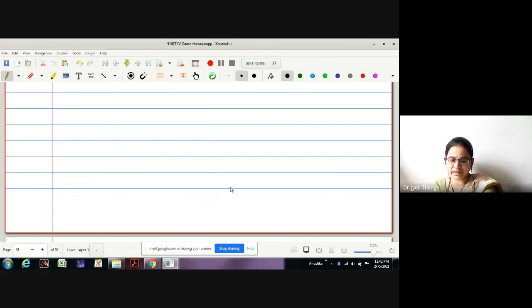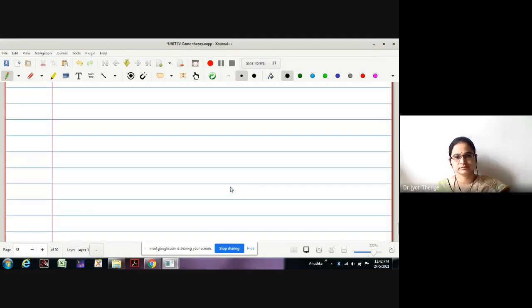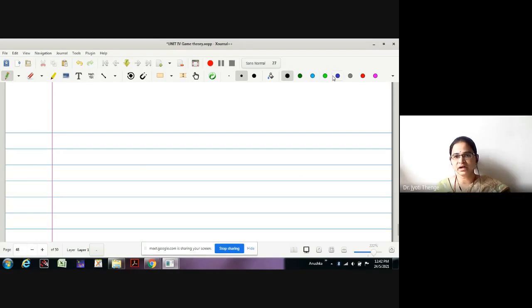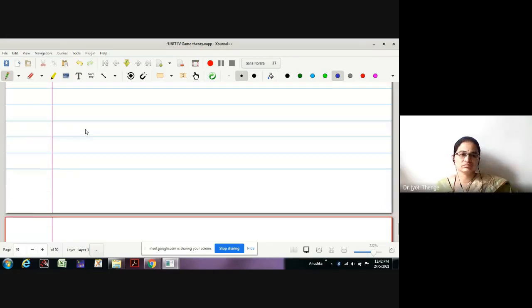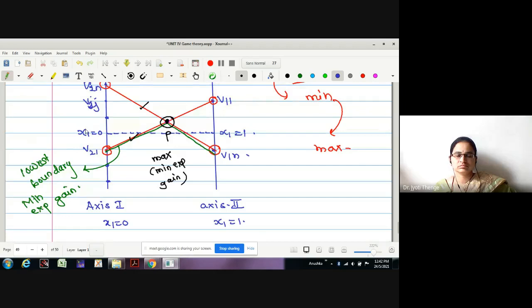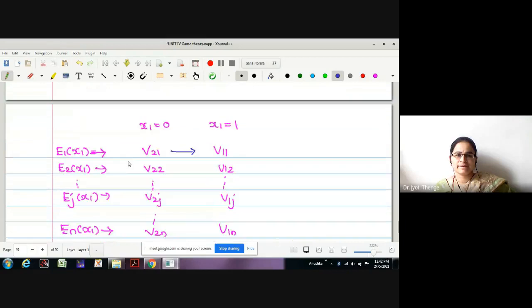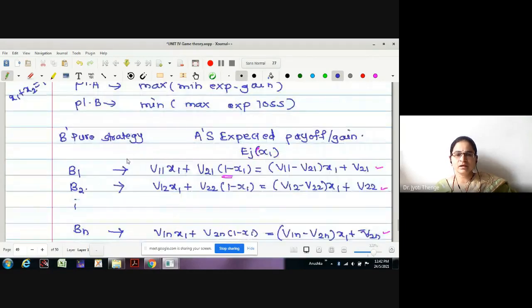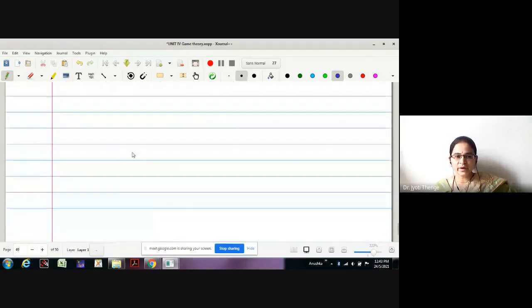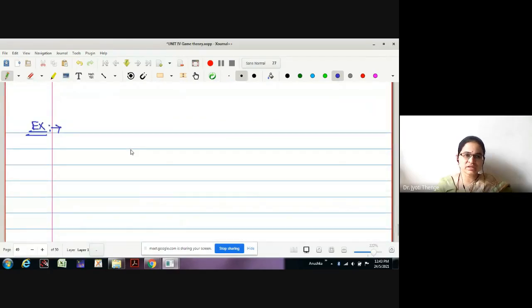Shall I go for an example then? If you have a difficulty, you can just unmute yourself and ask. Very simple trick it is. You have to reply me something, whether you have understood or not. Or let me take one example. Okay, let me take one example. After an example, if the idea was clear, then it is good. Otherwise, we can discuss again.